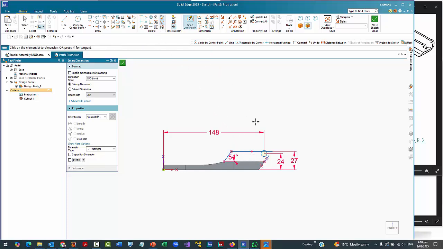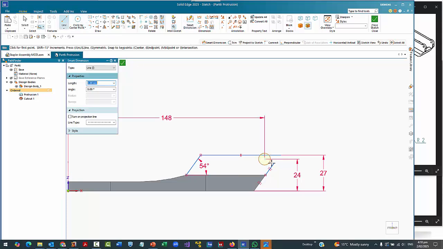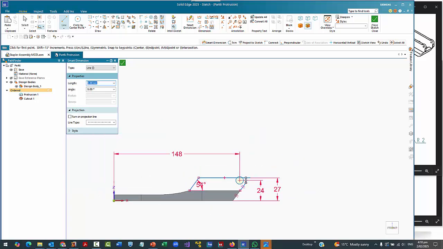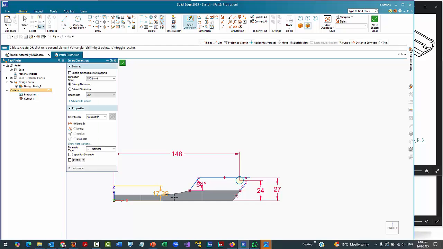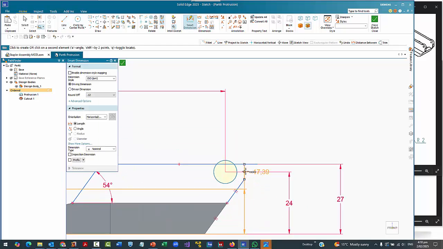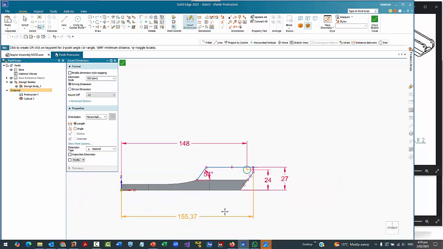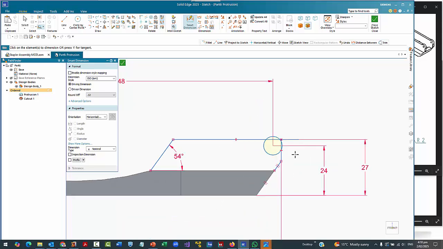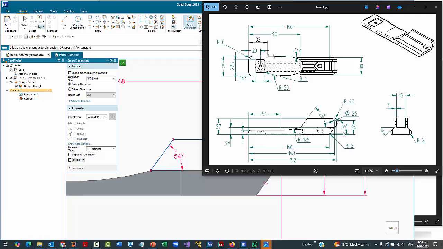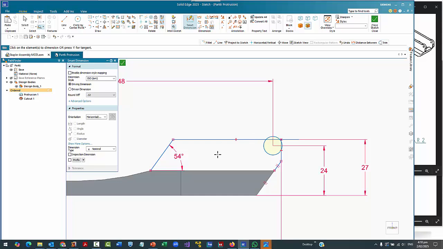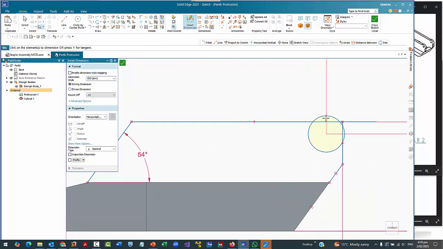So let's add a line on the end here. Take it up to there for now, and dimension to that. So from here, try not to dimension to the key points because that can skew things from time to time. So that gives us our 152 to there, so it comes out a little bit and then round. So you'll see that we can use our, let's add dimension on there,